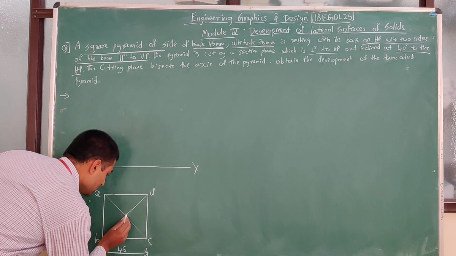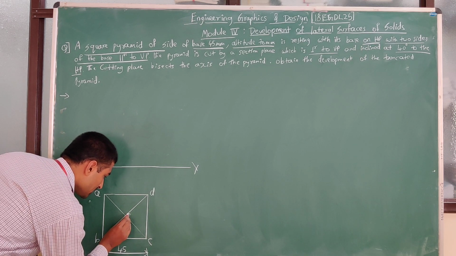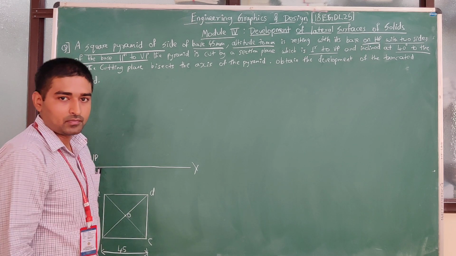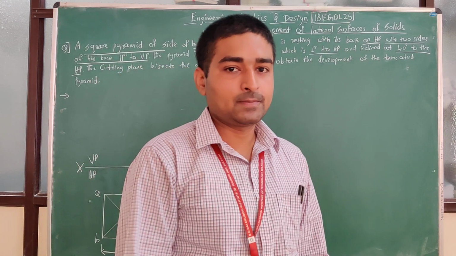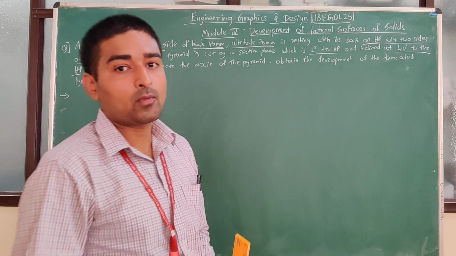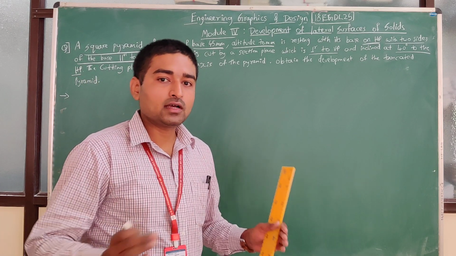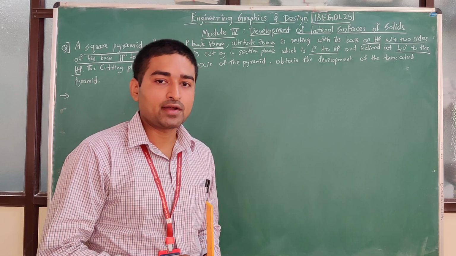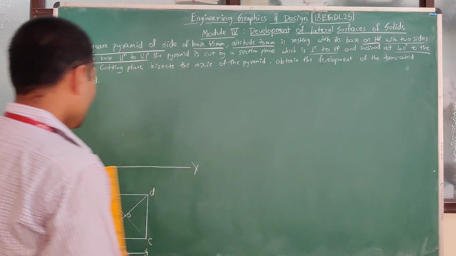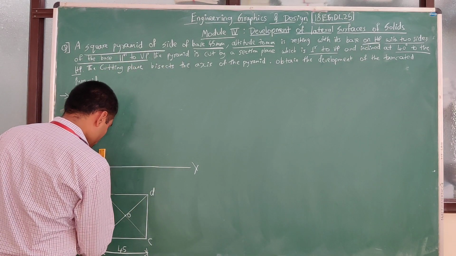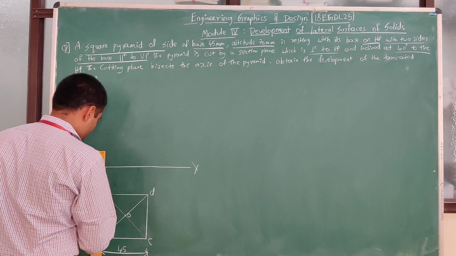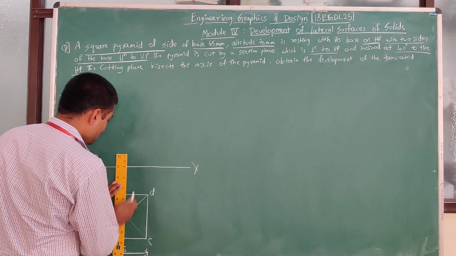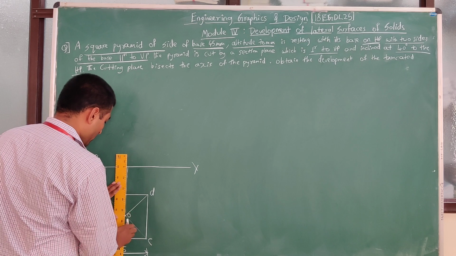Okay, so once you connect here, you can see that this is nothing but my center point O, because we know that in pyramids the top face is going to connect to the apex. The apex is nothing but the top point where all the corner points are going to be joined at a single point. Now if you project them above, all the edges are going to be projected above, with respect to the center point.